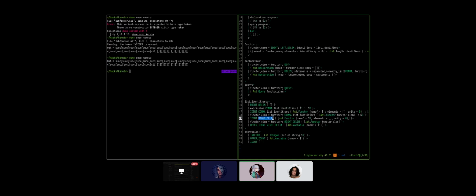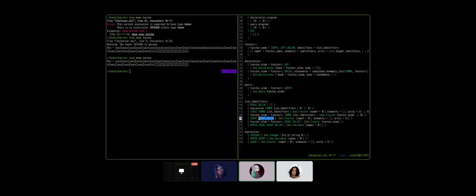47. Why do we have both ident and right delimiter? Well, that's kind of redundant. No, it's definitely not. One of them is having functors within functors, I guess, and the other one is just a closing bracket of a functor that just closed.